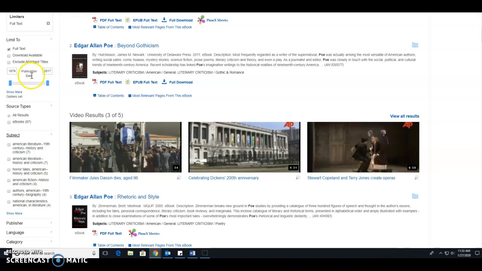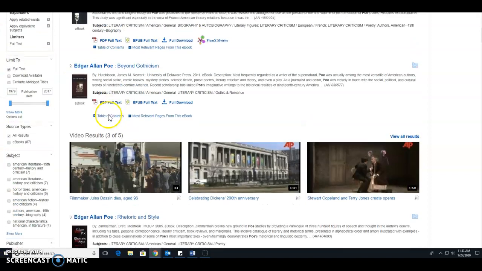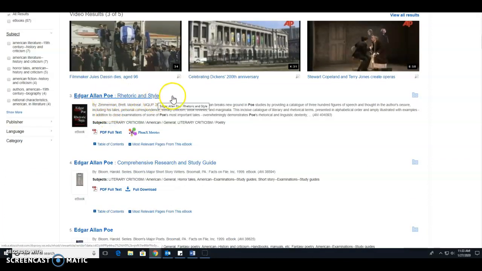I can also change the date if that applies. For literary criticism, 1979 is not so bad. But if I were researching something like adolescence and technology and the internet and cell phone usage, that's a pretty modern thing. So I'd want to look at the topic for subjects, and I'd also want to look at the date. So let's see, I'm going to choose one of these books. When you find a whole book that seems really helpful, you can look at the description here, and this tells us it's for literary criticism. So I could click into this book,